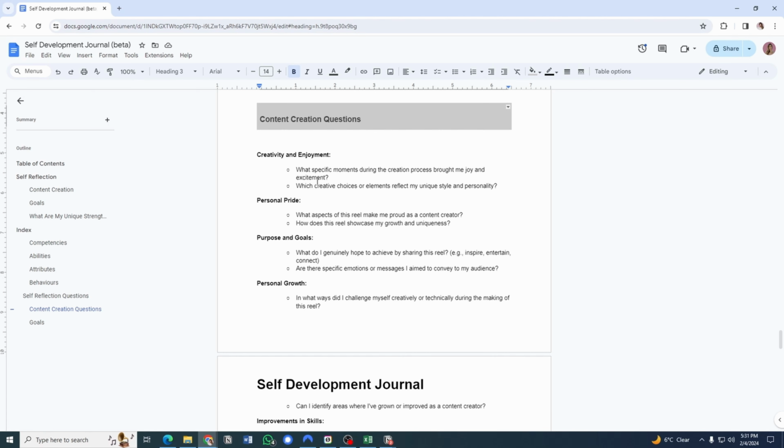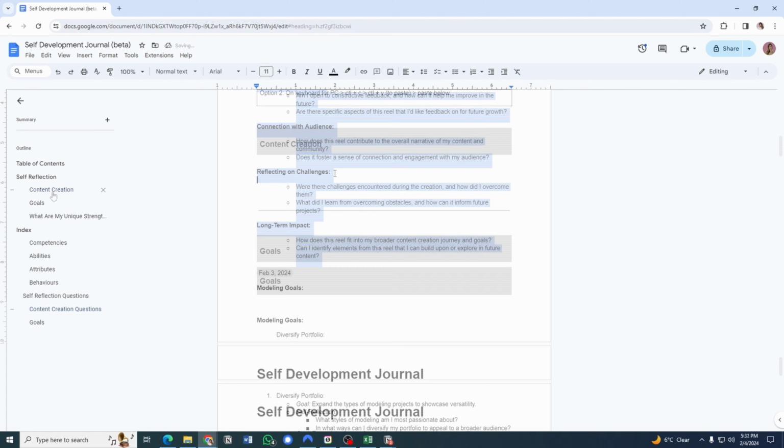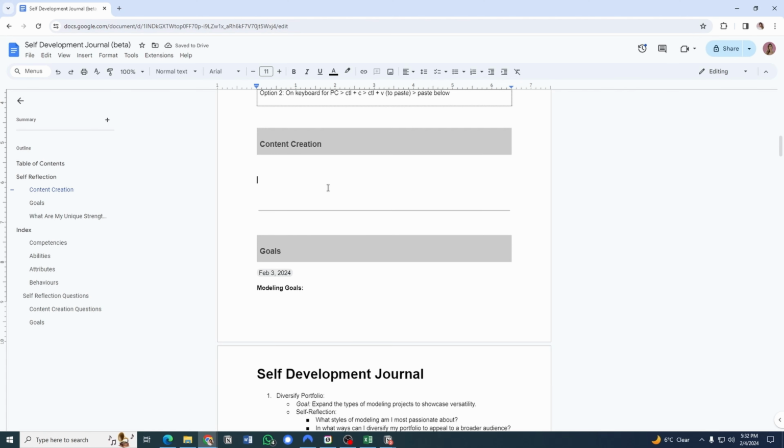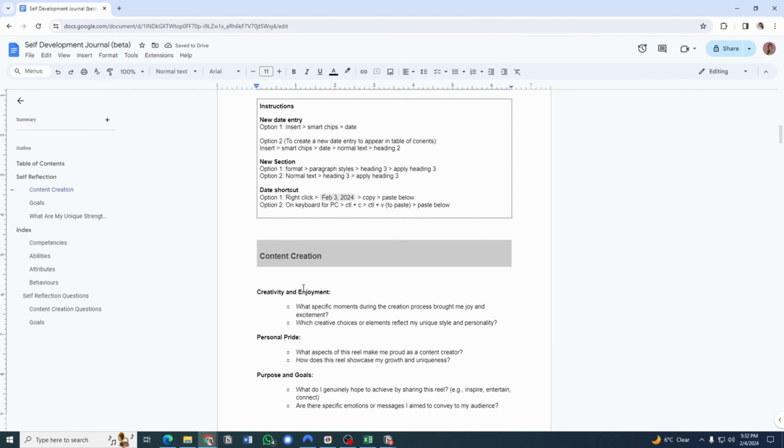Basically how this would work is, let's say I wanted to do a journal entry today for content creation and I wanted to use these questions. I'll go on to here, copy the whole section. Then I'm going to go to my self-reflection journal for content creation. I'm going to paste the questions here and then I'm going to insert a date so that I know when